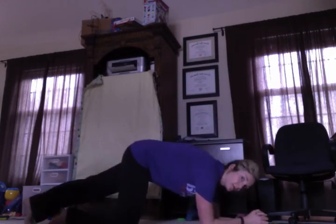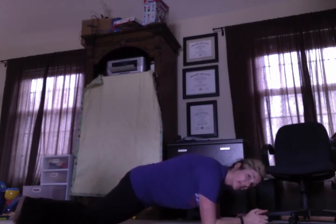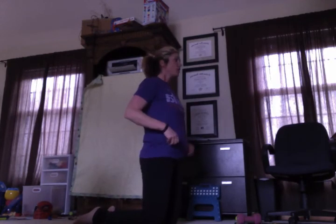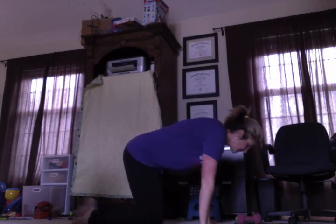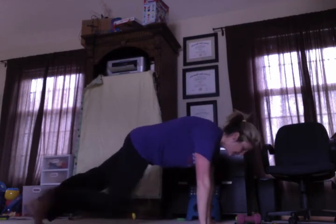The easiest version of the plank you can do on your elbows and your toes, and you can actually put your knees down and still engage your core quite a bit. I'm guessing with as much exercise as you've been doing, you will be able to do a plank for 30 seconds. For women, a lot of times a progression is, because our shoulders typically aren't as strong as a male,